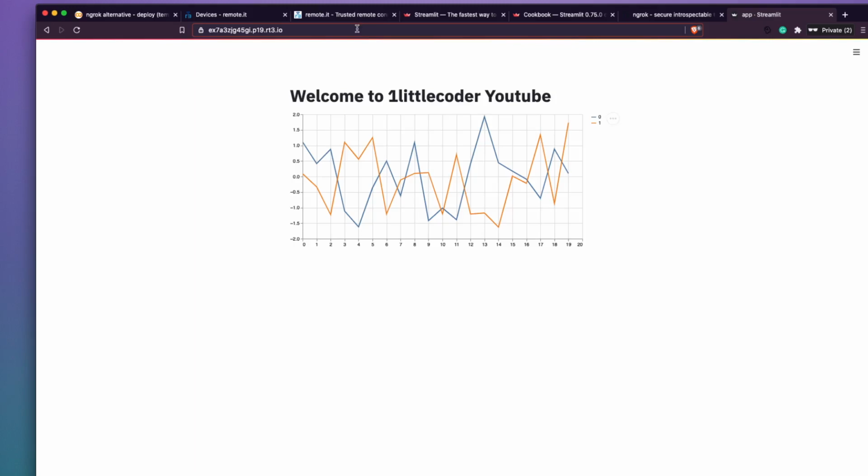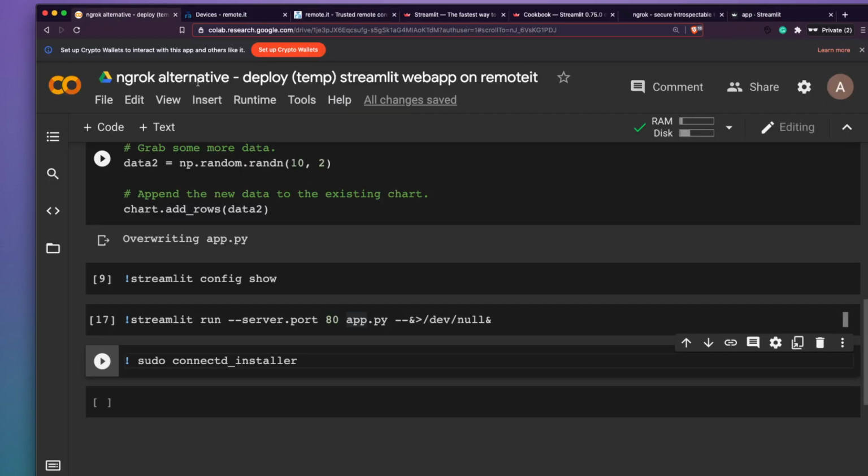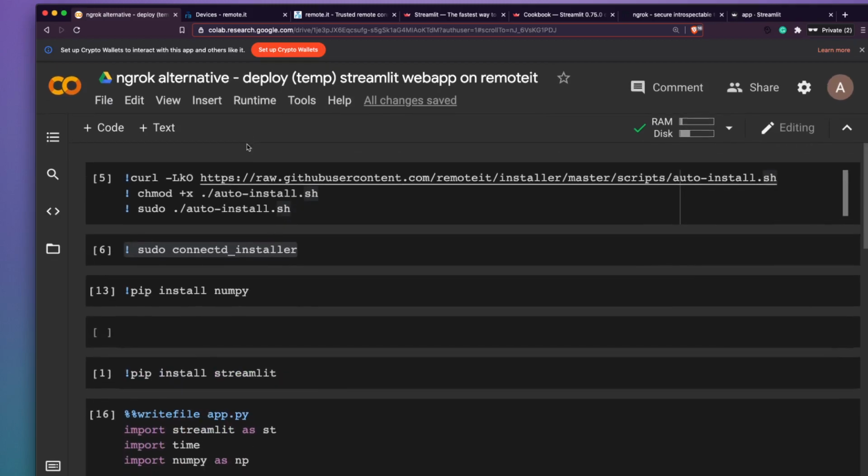So for example, it could be a university assignment, or it could be your hobby project. So instead of spending more time on deployment, if you want to showcase this project to the external world only for a temporary basis, please remember that this is not a full-fledged deployment, but if that is a need, you can definitely use this. And this option is really a very handy option. And again, thanks to Remoted for giving us the service. I would definitely link this Google Colab notebook and also the other videos that I was talking about in the description. Please check it out.